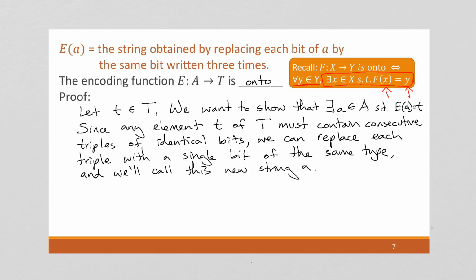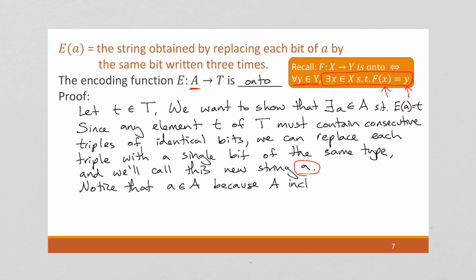Now, as always, we need to make sure that what we have derived belongs to the correct set. So, in a direct proof, when we come to a conclusion that we have 2 times a plus 1, we have to say, notice that a is an integer if we're talking about an odd number. Here, we need to show that little a is in the set of big A. Notice, is it in the set of big A? Yes, it is. a is in the set of big A because A is a set of all binary strings, right? By definition